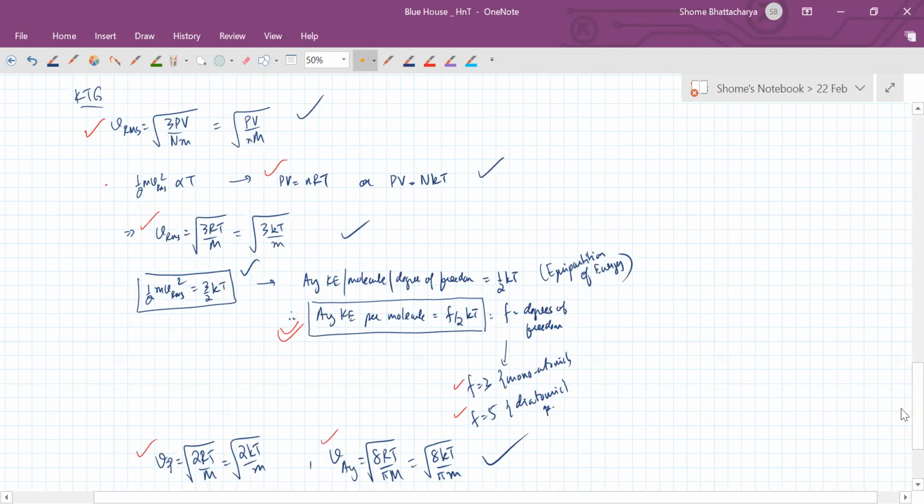Okay. So just make sure you have a list of this and you know how to apply these formulae in the context of the type of questions that we've done in class in the last couple of lectures. Since we started kinetic theory of gases last to last lecture, and then in the previous lecture, as we continued into first law of thermodynamics, we were seeing a number of questions where we were using these formulae.